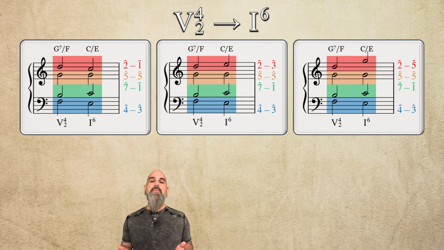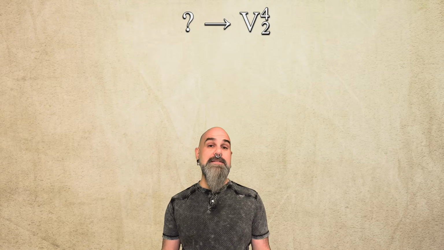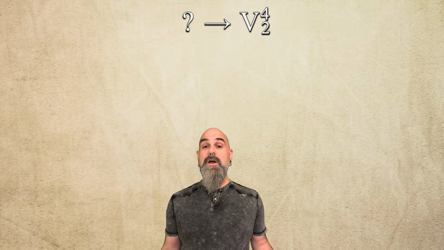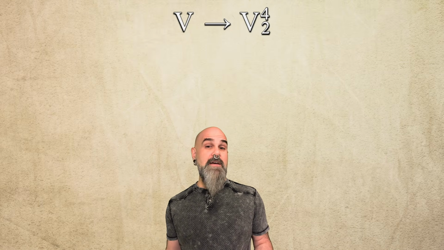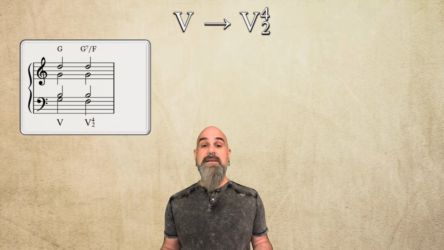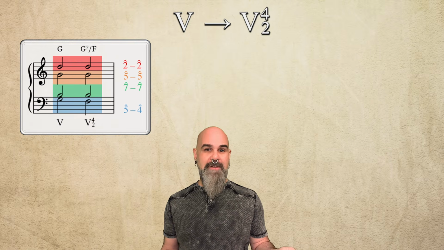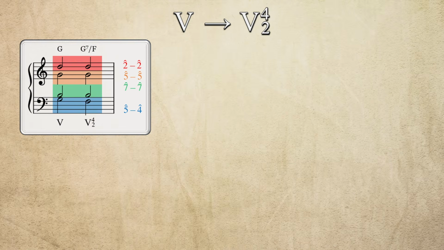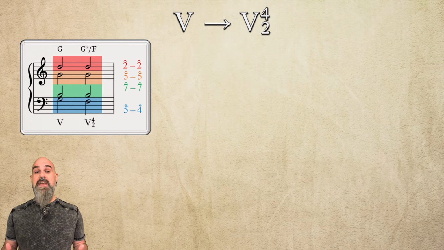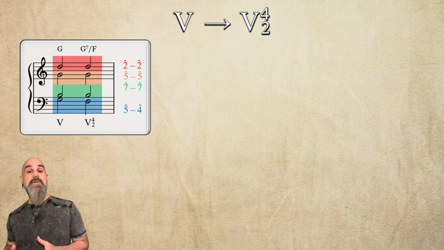But if these are the three ways of leaving the 5-4-2 chord, how do we get into it in the first place? The easiest and most common setup comes right after a root position 5 chord. The upper voices stay still while the bass steps down from 5 to 4. We'll often see this at a half cadence on the 5 chord and the 5-4-2 continuing on afterwards, like in